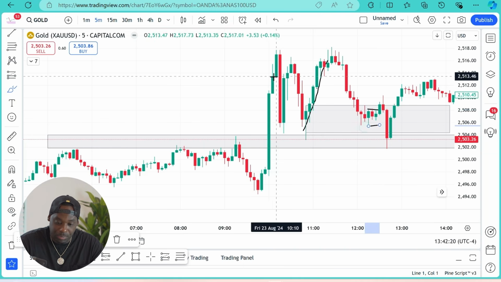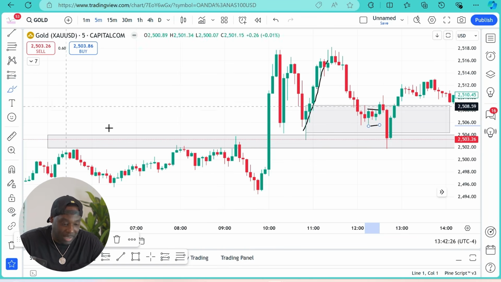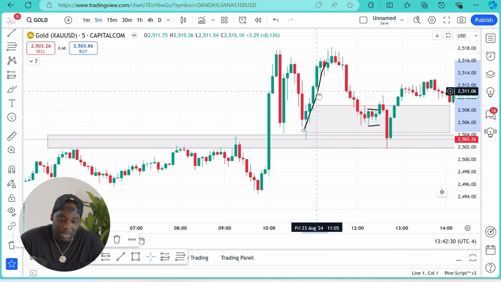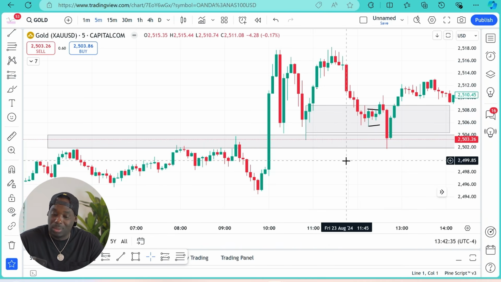And we got stopped out. Guess what? It is what it is. That's the market. Trading is not pretty, guys. So don't expect to basically win all the time. You're going to get stopped out. But for the most part, if your winners are 2x, 3x, you're going to get your money back.